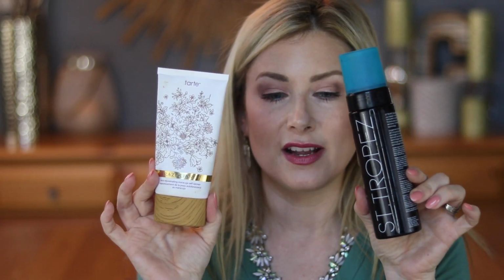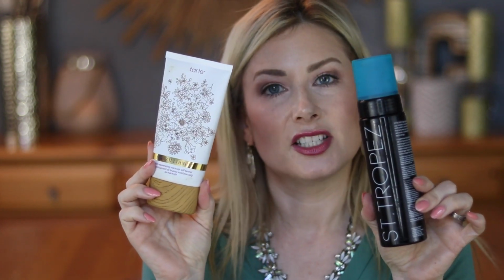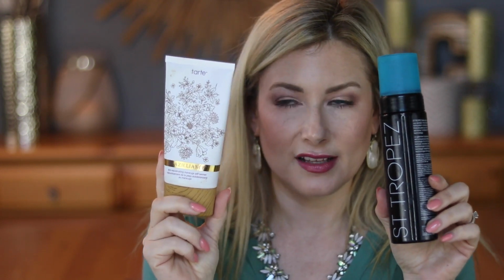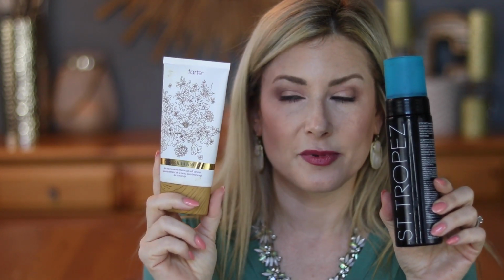Another thing that falls in the skincare category and is very timely for this time of year is sunless tanners, and these are my two favorites. This one, especially the Tarte Brazilians, is probably the most forgiving,